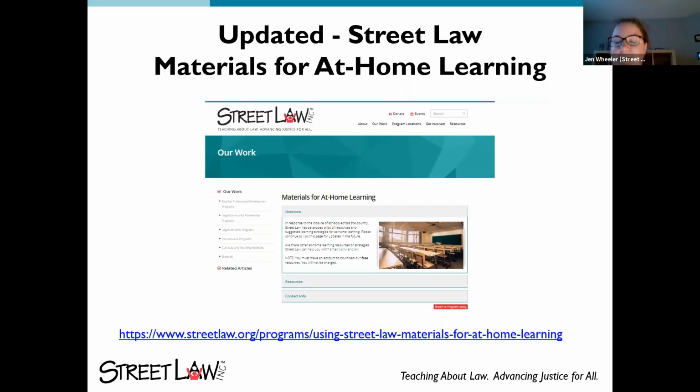Cathy today talked about a bunch of different strategies for the case studies, for example, and many of those strategies we've considered: how would you adapt this for remote learning? So you'd go to this page and you could scroll to find case study strategies. You could scroll to find how you might adapt deliberations to remote learning. If you end up doing something unique, we would love to hear about it, because other teachers would be grateful to know how they can take your ideas and use them with their students as well.